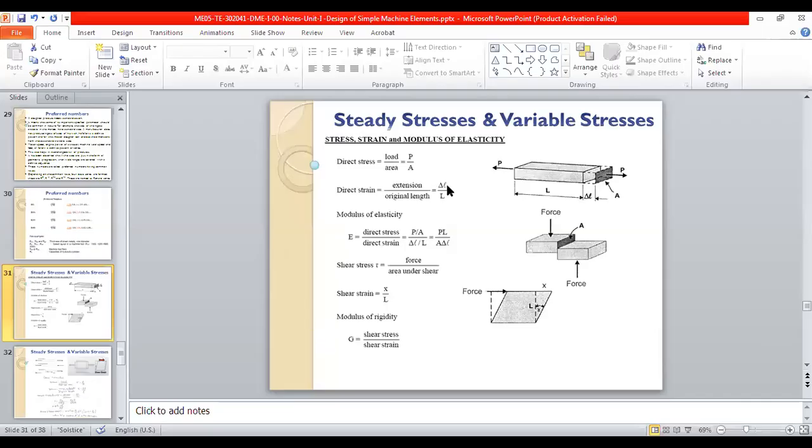Today's lecture is very important because today we are actually starting with the design. Okay, so I'm sharing my presentation with you guys. Today's lecture will do the basics of design, to determine how we will determine the stresses. We'll see the basic stresses and what are the main equations we are going to use.